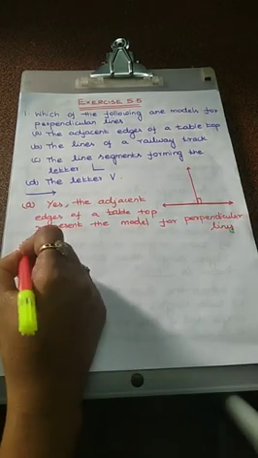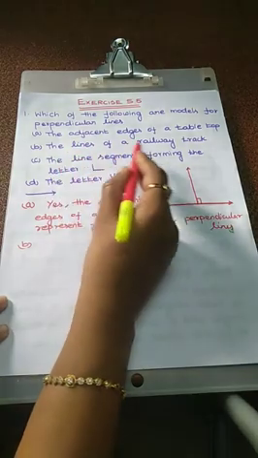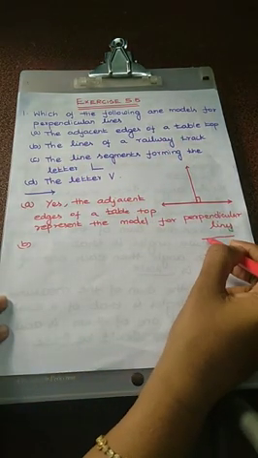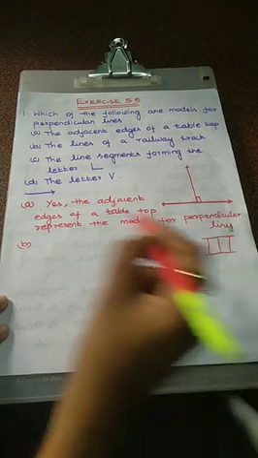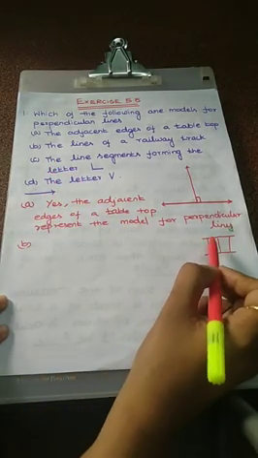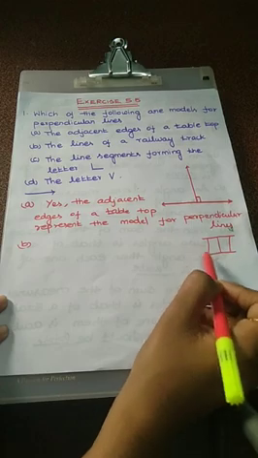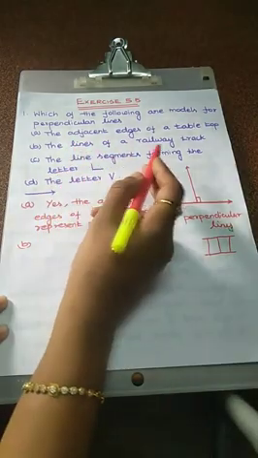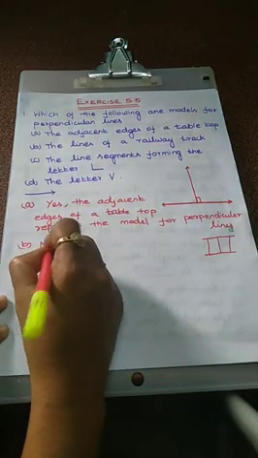See the second subdivision, the lines of a railway track. The railway track is this type only. You just see that two lines are said to be parallel if they do not meet. This is an example for parallel lines only. This is not a perpendicular line. So the answer is no.